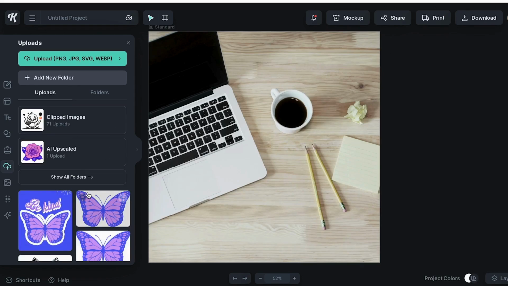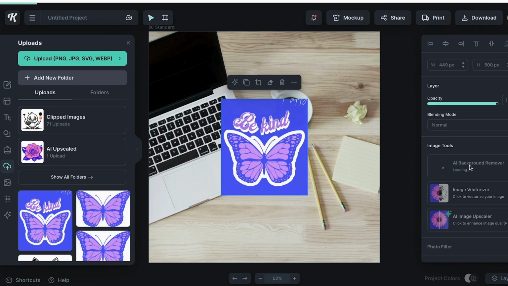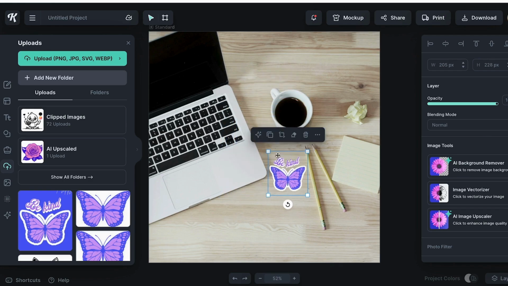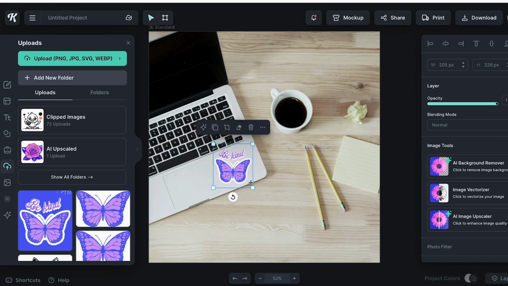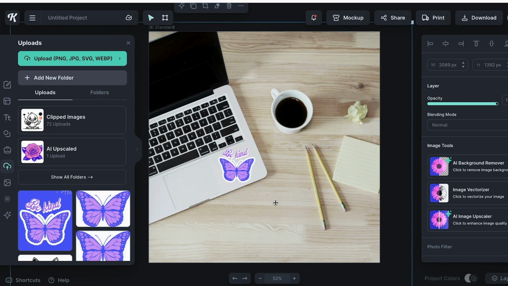So to upload your stickers, what you have to do is just go to the section of upload on Kittl and you can upload your sticker. I did it like this, so what I'm gonna do is just go and remove the background of it. So once it already removed the background, I can go and adjust it where I want it to be, so something like this, so we can showcase better how the stickers would look if we place it in the laptop,